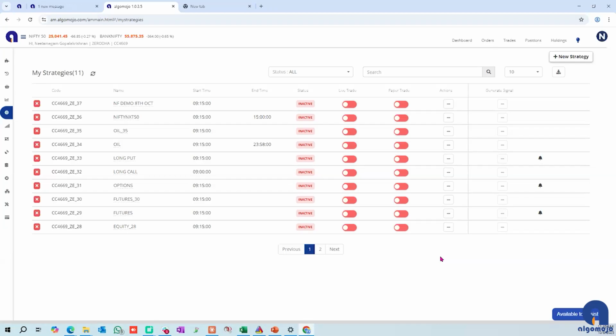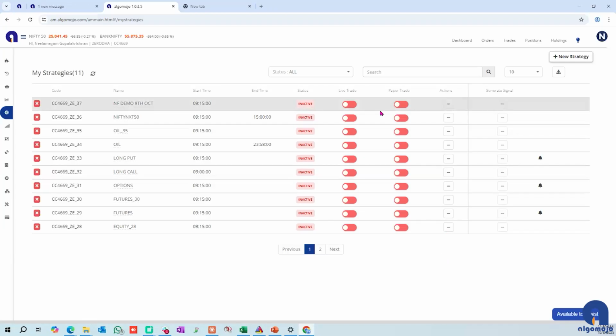There are people who are planning to travel, or people who are abroad, who log in, say, at 4 o'clock in the morning or 5 o'clock in the morning. We would not have the fresh token for that particular day for placement of orders. So the orders could get rejected. The signals could get rejected, saying invalid session or invalid token, and the orders will not be placed. So please log in around the market open time only, around 8:45, 9 o'clock. After that,